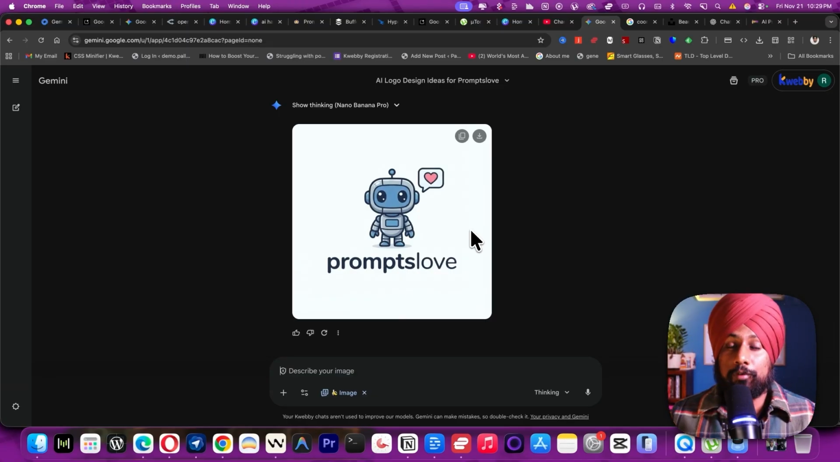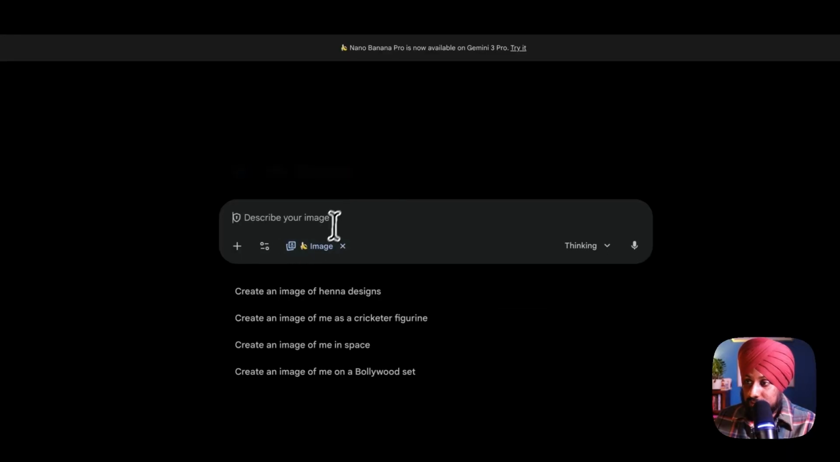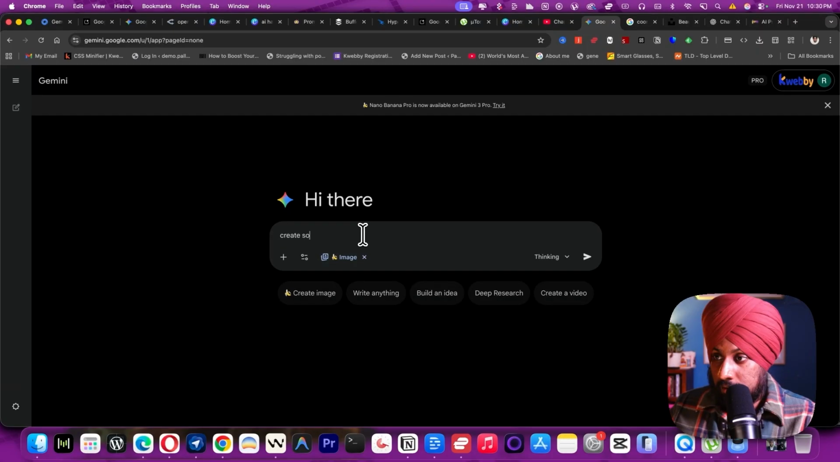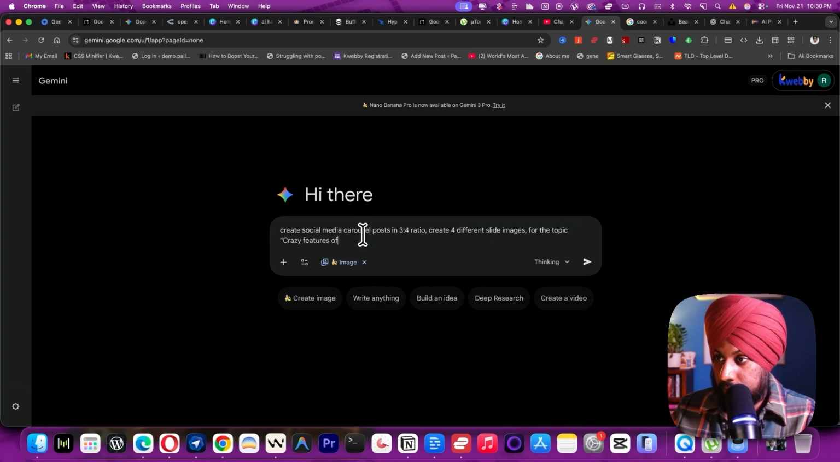Now let's move forward to the social media post. You can create a social media post using Nano Banana Pro. And for this post, I just want to create an Instagram carousel. On the launch, Google specifically said it can create multiple images. Select this create image. Here I would say, create social media carousel post, 3:4 ratio. Create 4 different slide images for the topic